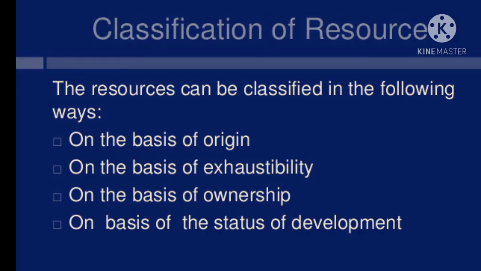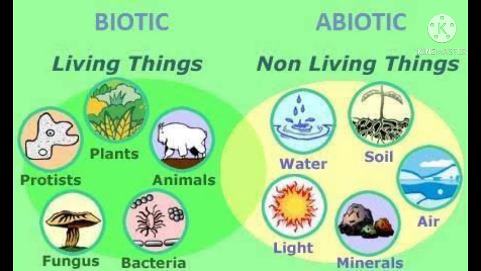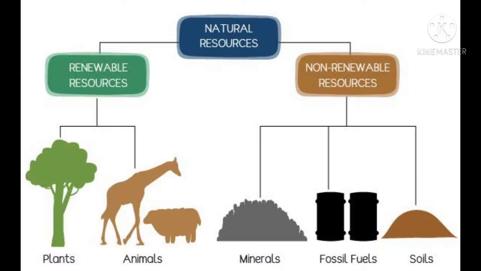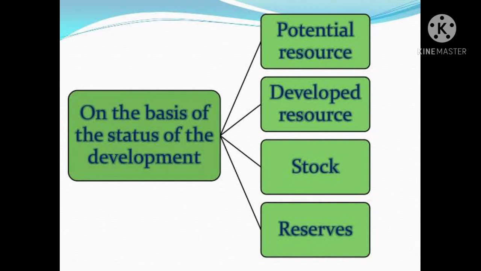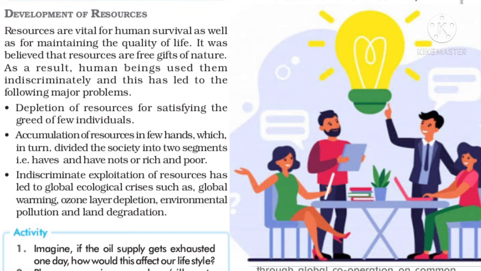And then we had done the different classification of resources on various bases like biotic and abiotic resources, then the renewable and non-renewable resources on the basis of exhaustibility, then on the basis of ownership we had covered the 4 of its type, and similarly on the basis of status of development we have again covered the 4 of its type. So now we are moving to the next part related to this video number 2, and the topic is